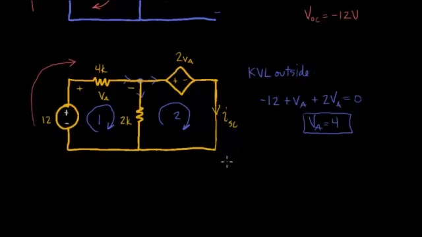So let me label this KVL at 1. So we'll start down in the lower left-hand corner. So we get negative 12 plus VA, which is 4 volts,